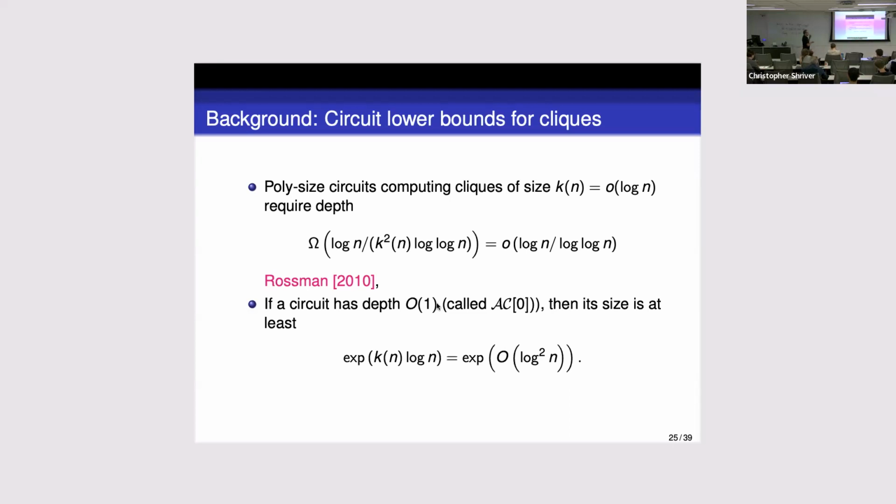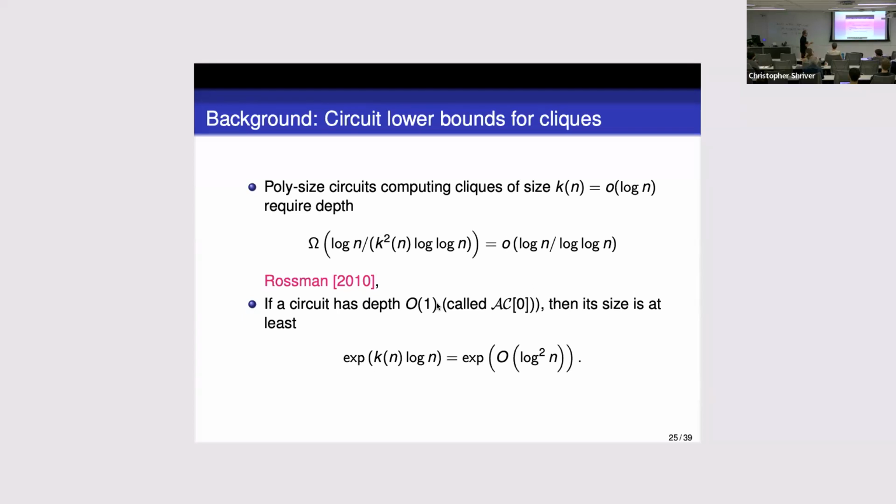Another kind of lever that you can play with is as follows. Let's say we only look at circuits which have a depth which is constant. These are called AC0 circuits. Of course, constant depth makes this even more restrictive. Then the question is, can you have a polynomial size circuit solving your problem? Or if it's not polynomial size, how large does it need to be? These are called size-depth trade-off type results.